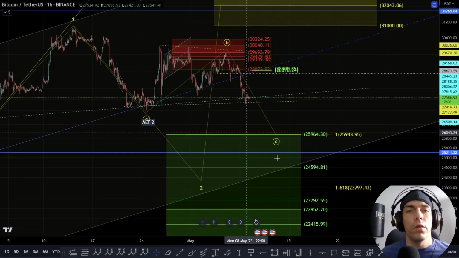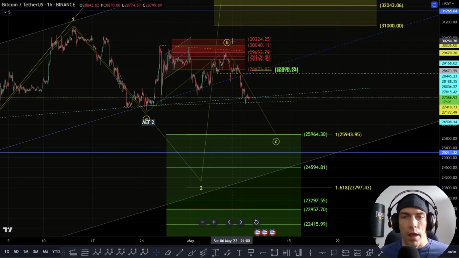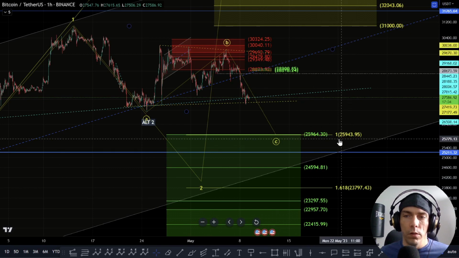My name is Savage. Today we're going to be having a look at Bitcoin. Let's get into the price action and see what's going on. Primarily what we're still looking for here is that potential of this as an A, a B, and a C to the downside. We're still looking for that possibility of coming back down towards the zone of this